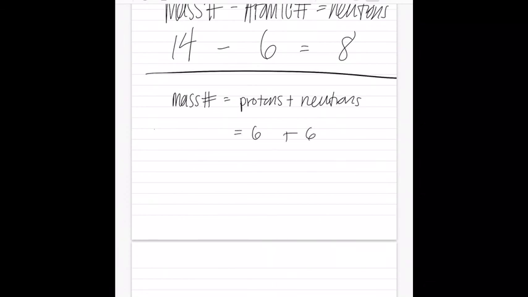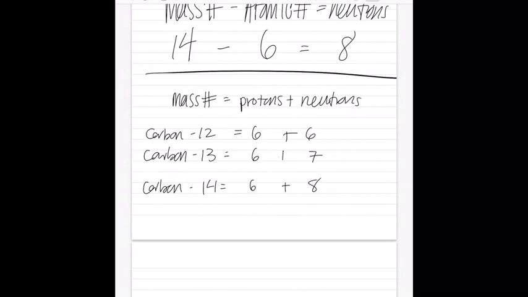That was carbon 12. For carbon 13, it was 6 plus 7. And for carbon 14, it was 6 plus 8. So these are your neutrons, these are your protons, this is your mass number here. Now what happens is, these are the mass numbers. On the periodic table, there's a reason why